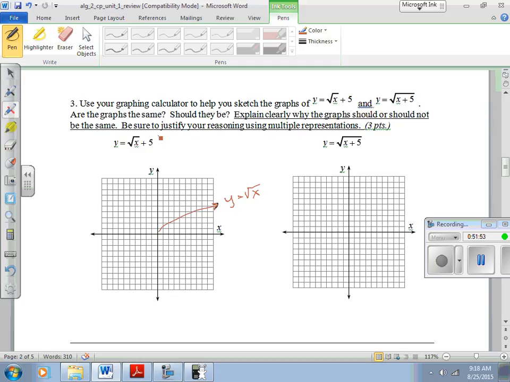What happened now with this graph then? Y equals square root of x plus 5. What did it do? It moved 5 units up only. Yeah? So this graph just went up 5 units, so increments of 1, 2, 3, 4, 5. That means the graph now starts right here. And it's basically the same graph, just shifted up 5 units. Okay. All right, let's go ahead and type in,